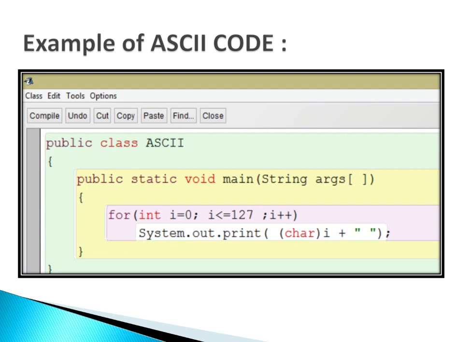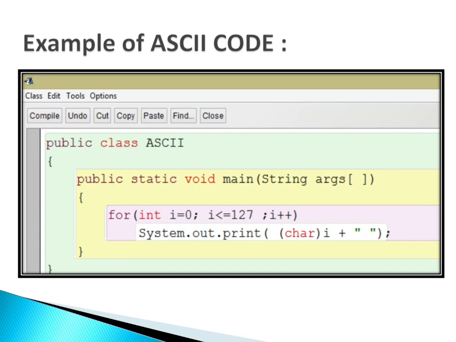And then what I want to display, I have to write in between the function brackets of System.out.print. I'm using print because I want every letter continuously, in a continuous way. I want to show you all. If I write println, then each and every letter comes one by one on a different line.